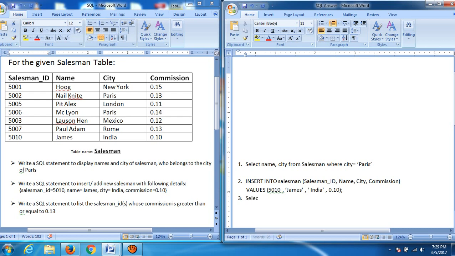Select ID. For ID, the column name is salesman ID.